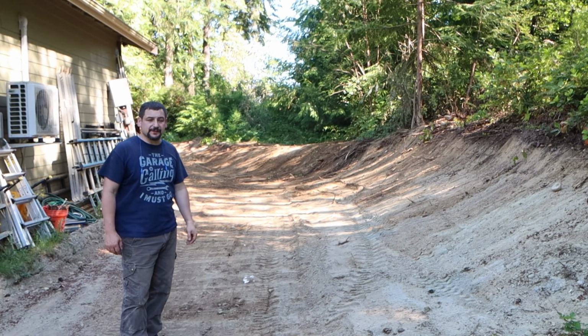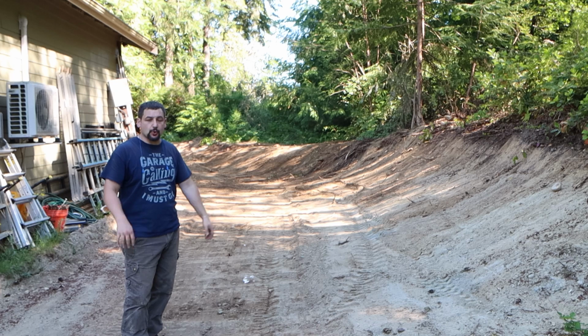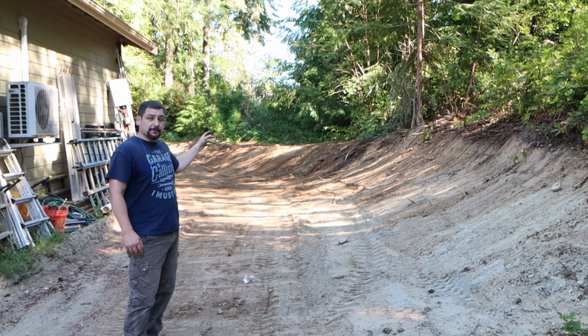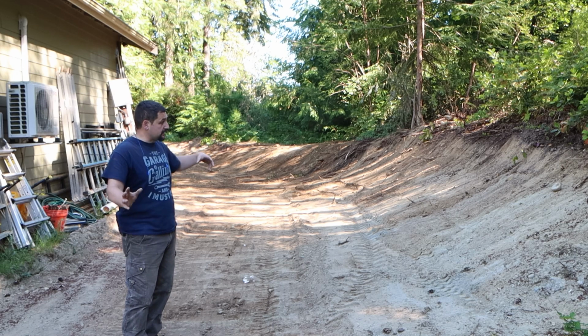All right, well, I'm gonna wrap this one up. This was the major majority of the dirt moving, about 100 yards or so. Came in, moved a bunch of the dirt out, dug around that stump, ended up taking that tree down. Once the tree was out and the stump was gone, we did the final grade and got